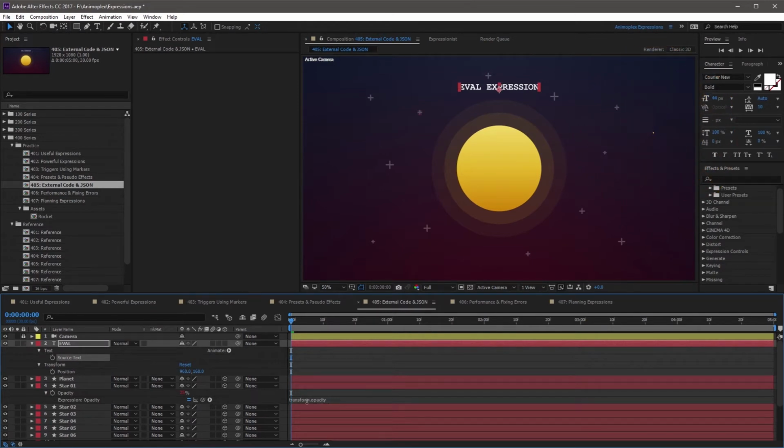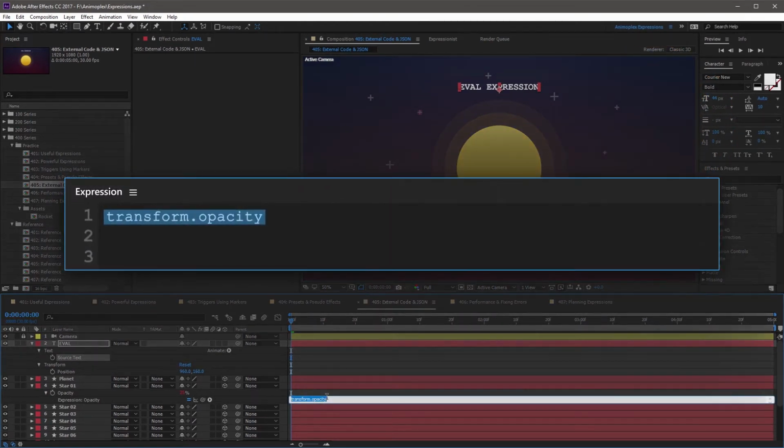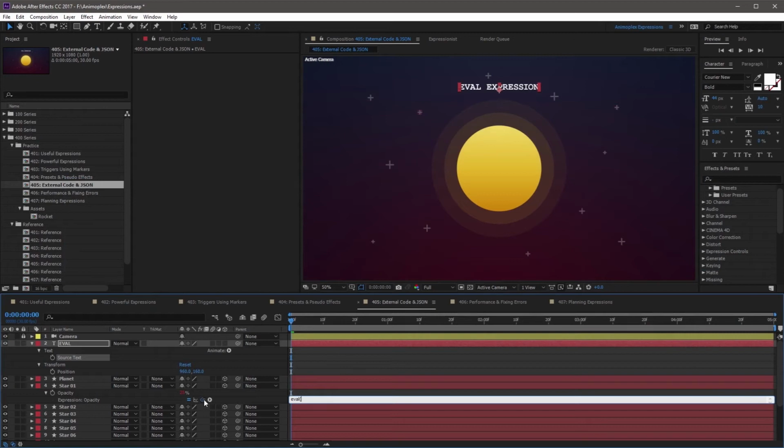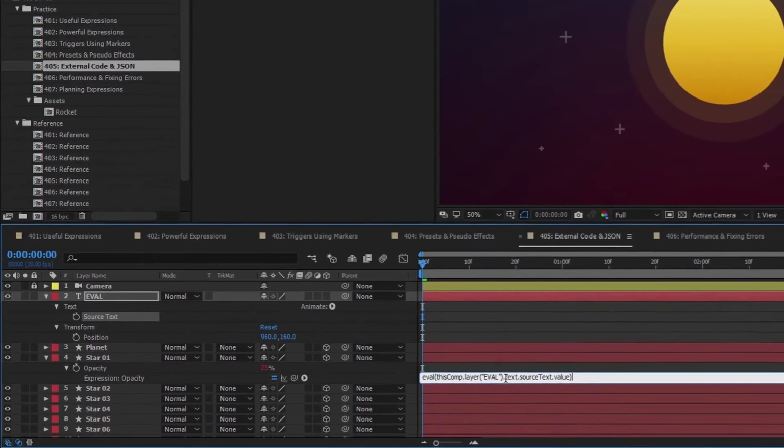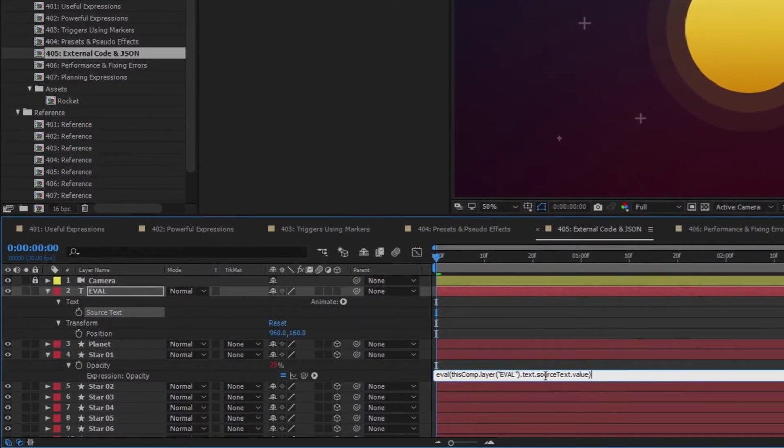Now you can come back to star 1, click into the existing expression, and start this with the eval method, eval, open parenthesis. Now grab the expression pick whip and come up to source text and let go. Now the last thing we have to add to this reference is period operator value. And this is going to evaluate the original text layer's contents. And then close parenthesis. This line of code is referencing the eval text layer. It's looking at the source text property and it's grabbing the value, which is a text string, and then evaluating